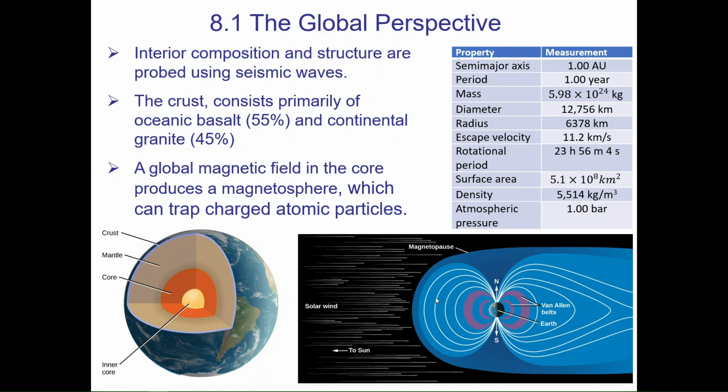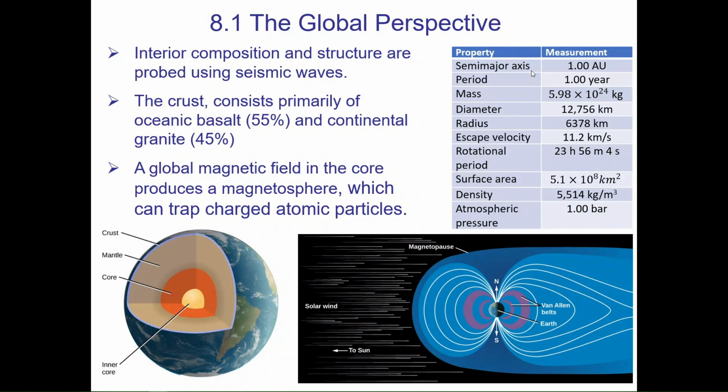First of all, let's take a look at the global perspective of Earth. You may already have learned a little bit about Earth from the previous chapter, that Earth is one of the terrestrial planets, so therefore it's actually made from rocky material, or more precisely, the surface of the Earth is made from rocky material. And if you look at the overall properties of the Earth,